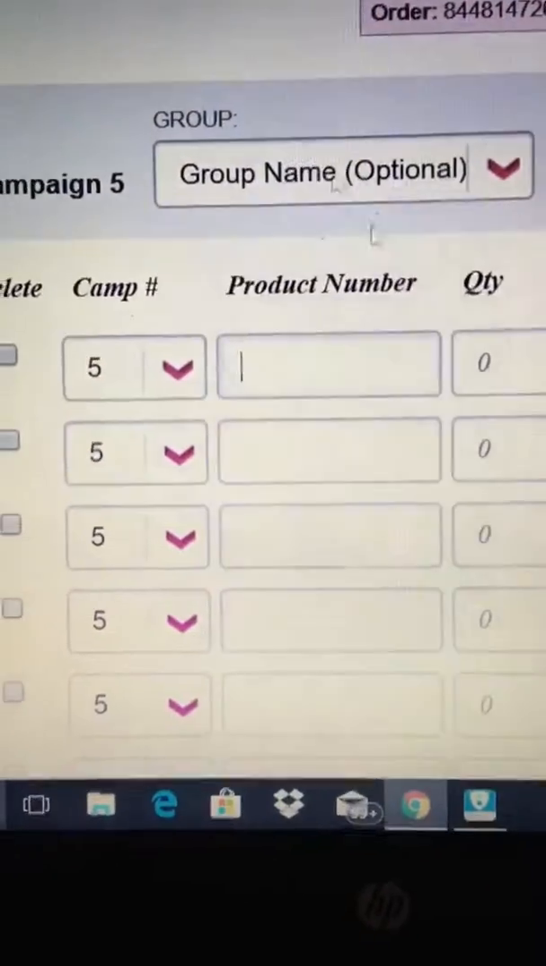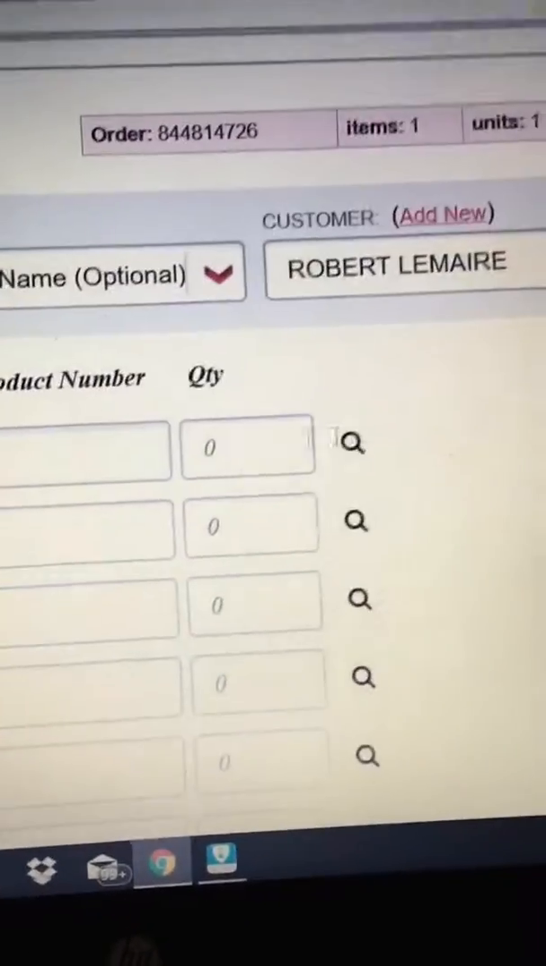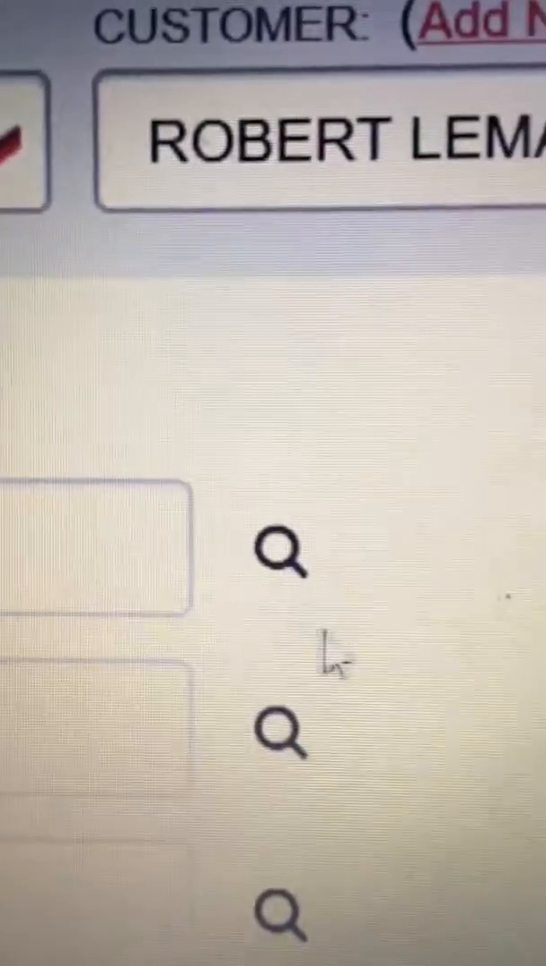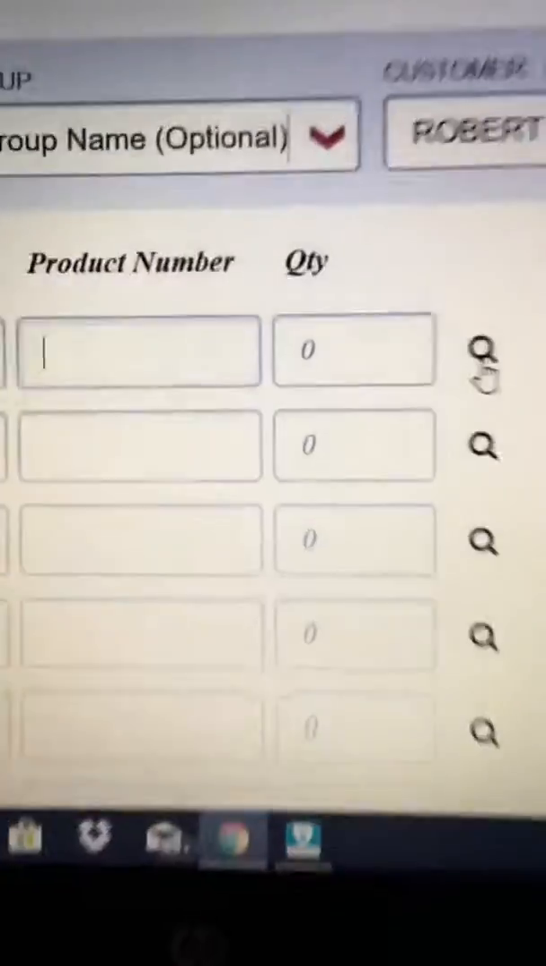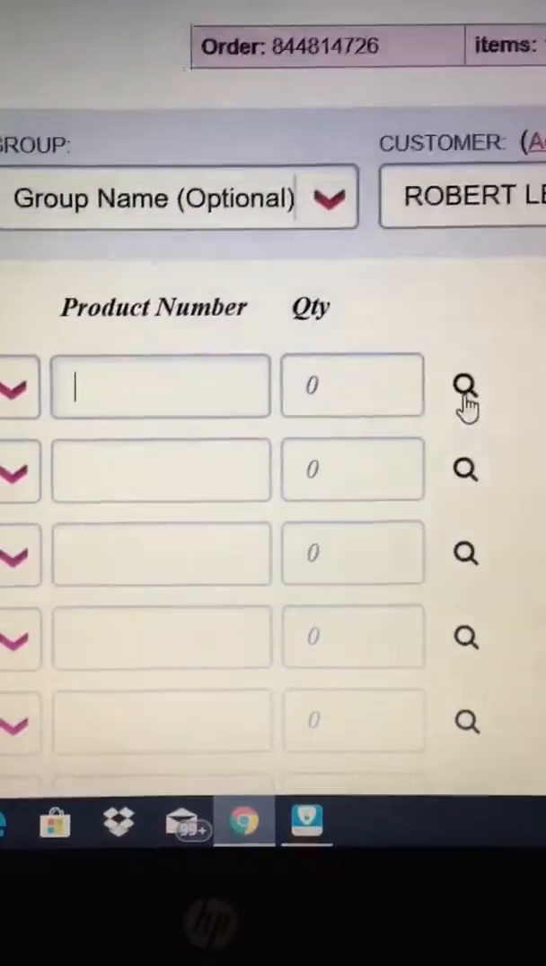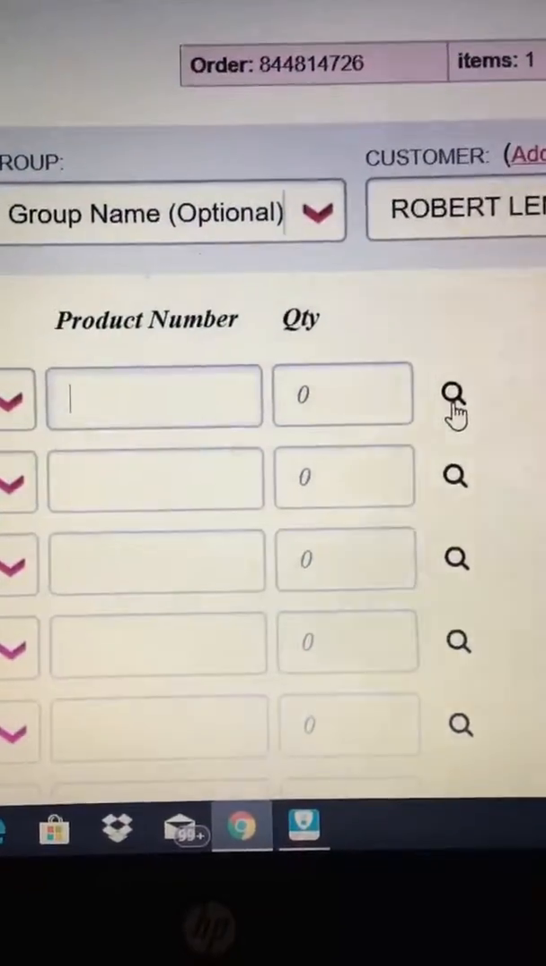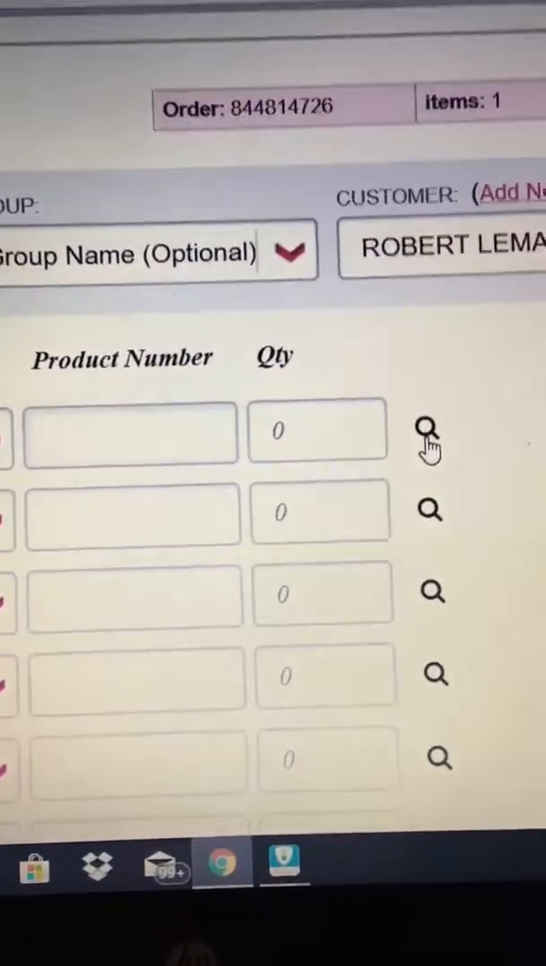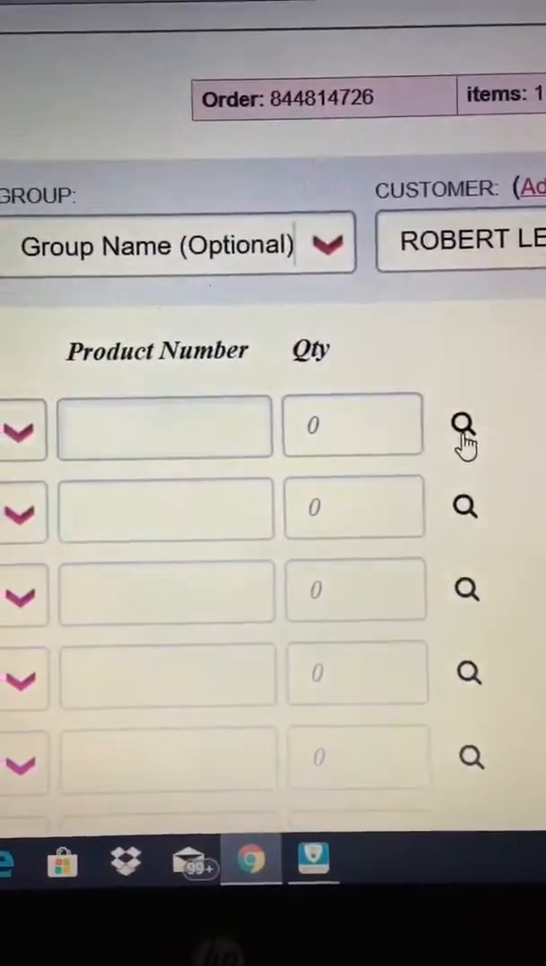So another thing you can do, I'm going to show you another option. When you type it in, you put the quantity, you can select this little magnifying glass, and when you do that, it'll show the prices from the previous catalogs. But if you see one cheaper, or I should say less expensive, make sure you check that catalog to see what the special is, because sometimes